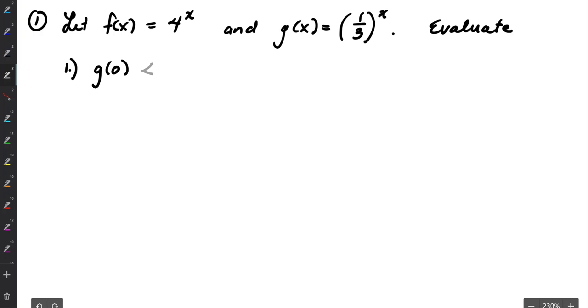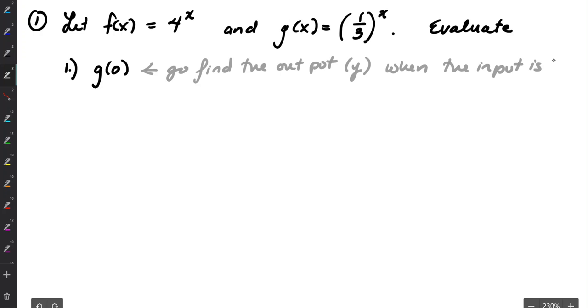And this is notation for go find the output, or if you prefer y instead of output, when the input is whatever number they have here. When the input is, in this case, 0,